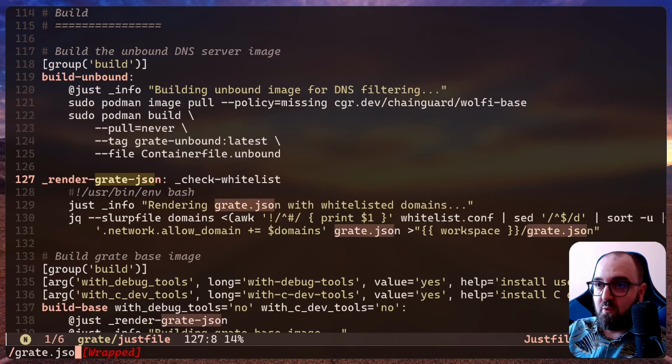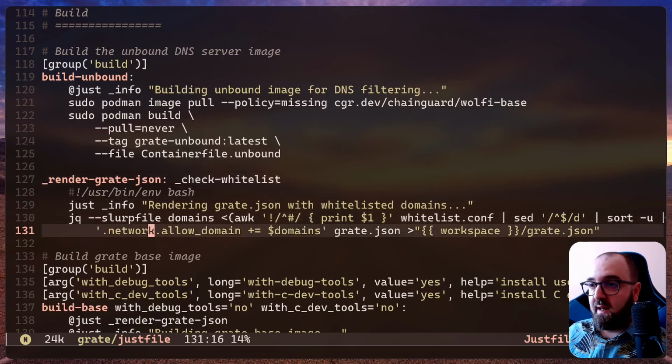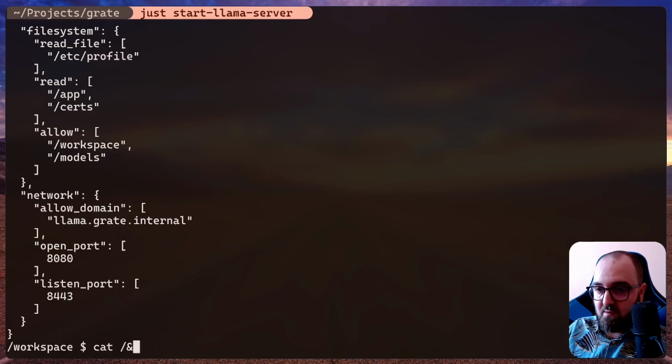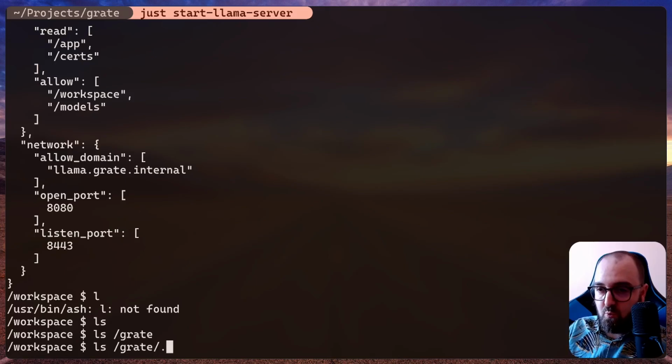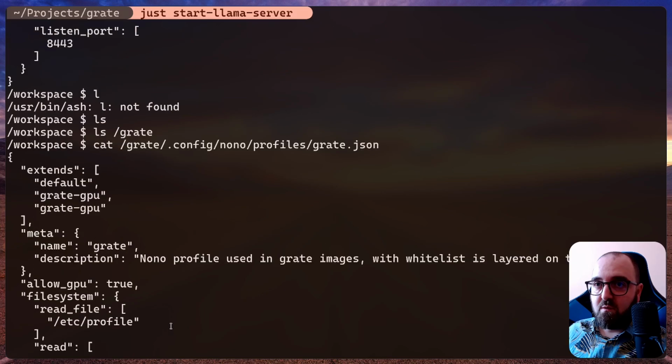So we've got our Grate JSON. As you can see, it is rendered here. We go through all the domains under the whitelist.conf, and then we add these domains to network allow domain. So if we go and cat, I'm not sure if I've got permissions for this. I think I do. So if we cat Nono profiles Grate.json,